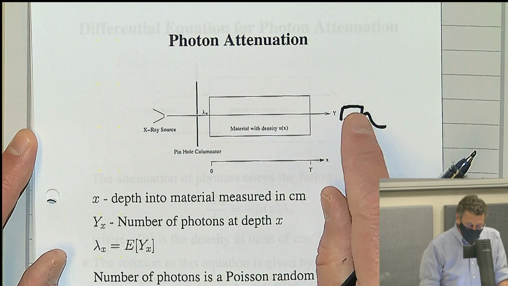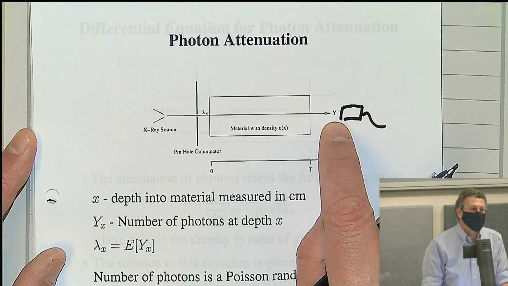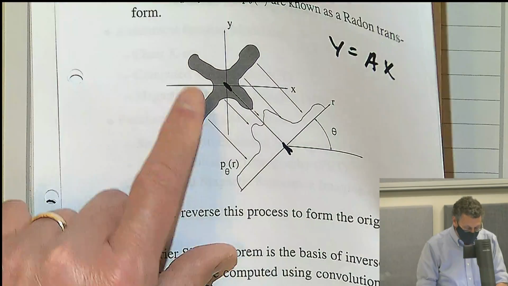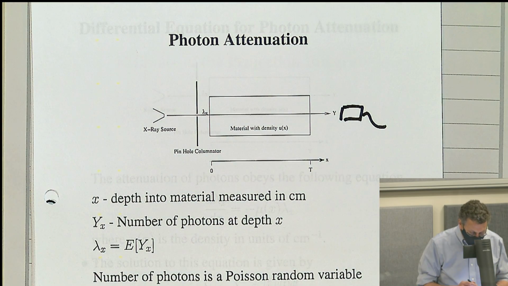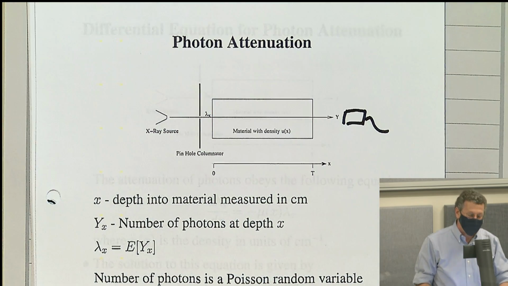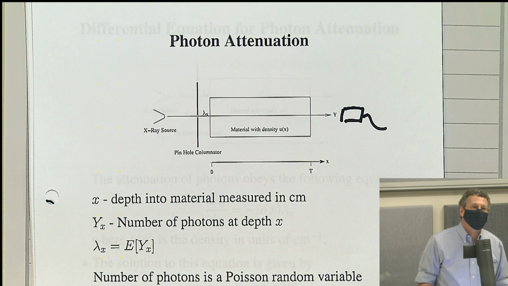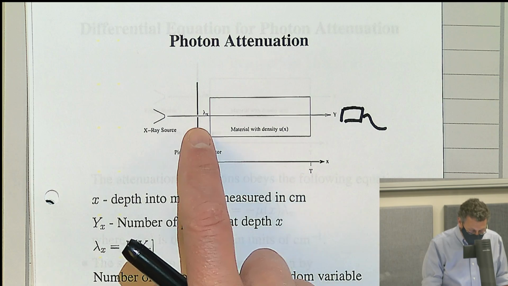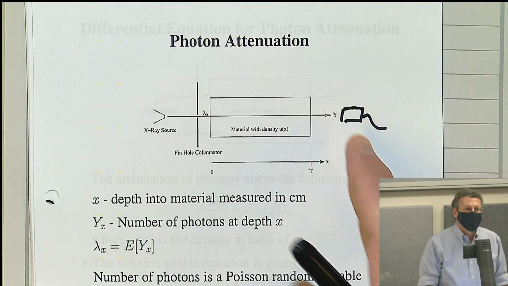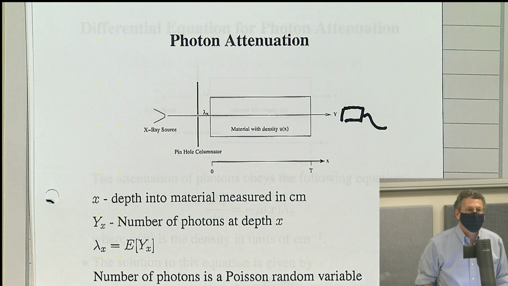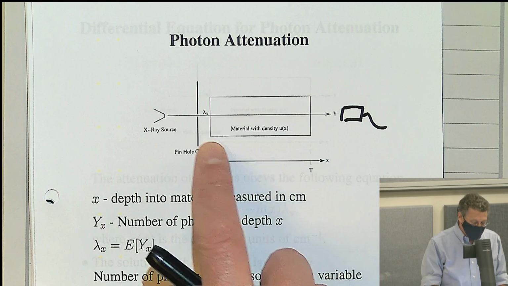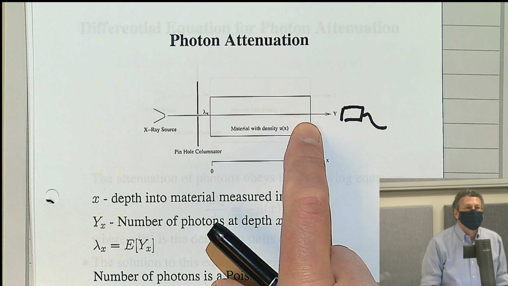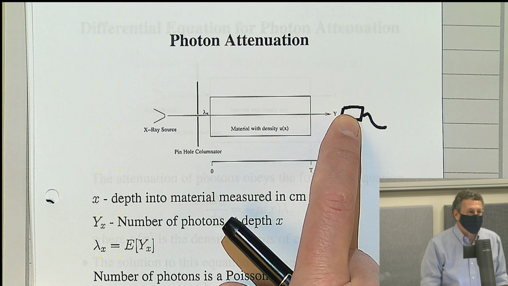And then what will happen? So how is your measurement here related to the thing you really wanted to know, which is the integral through the density of the object? Well, it turns out there's different physical effects for different applications. But for what's called a transmission CT, what you do is you measure the attenuation, and now you can derive an equation. Okay, the answer is going to be that you take the negative log. Because the denser the material is, the more attenuated y is.